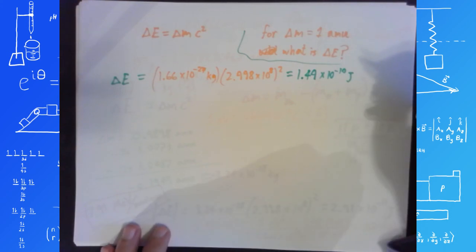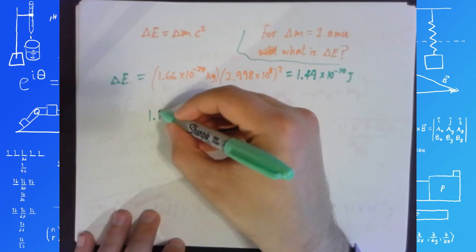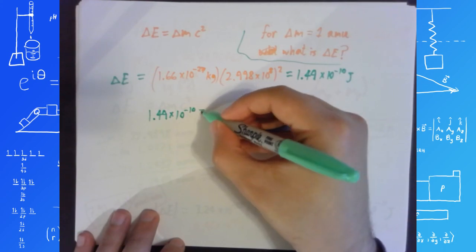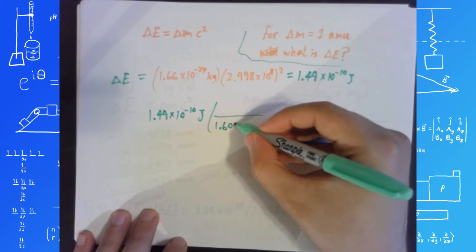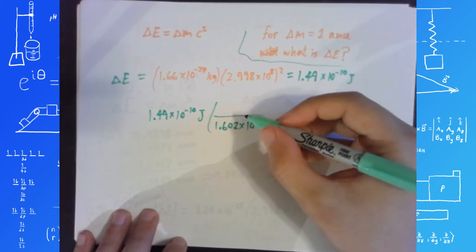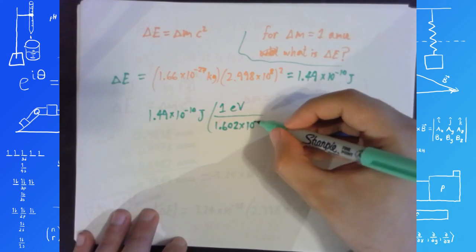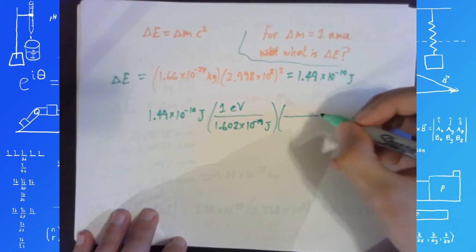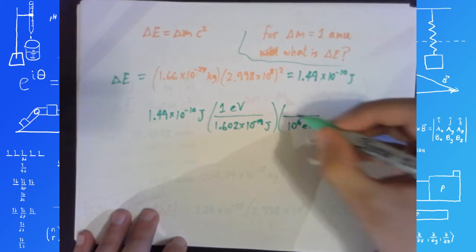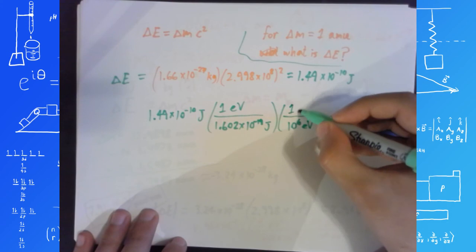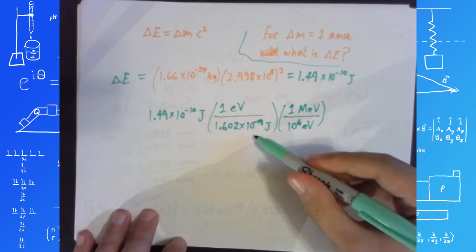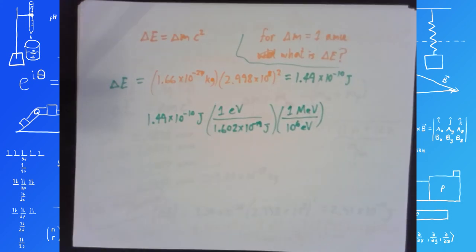Convert that to electron volts and then to mega electron volts. So 1.49 times 10 to the negative 10 joules times 1 electron volt over 1.602 times 10 to the negative 19 joules, and then that times 10 to the 6 electron volts is equal to 1 mega electron volt. So 10 to the 6 and 10 to the negative 19 becomes 10 to the negative 13. Okay, so 1.49 times 10 to the negative 10 divided by 1.602 times 10 to the negative 13